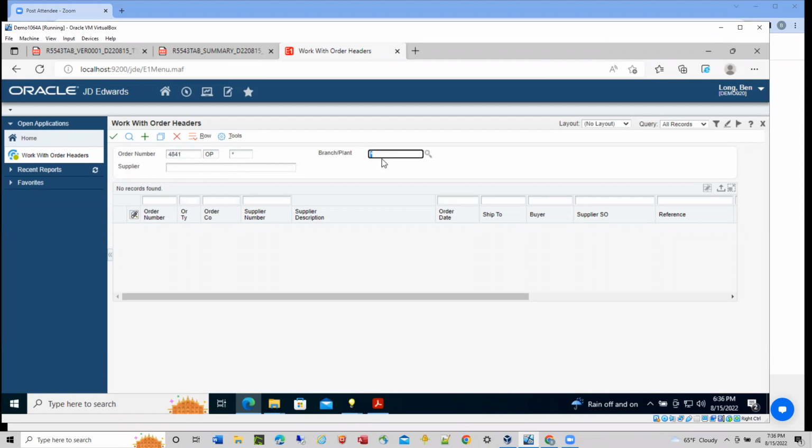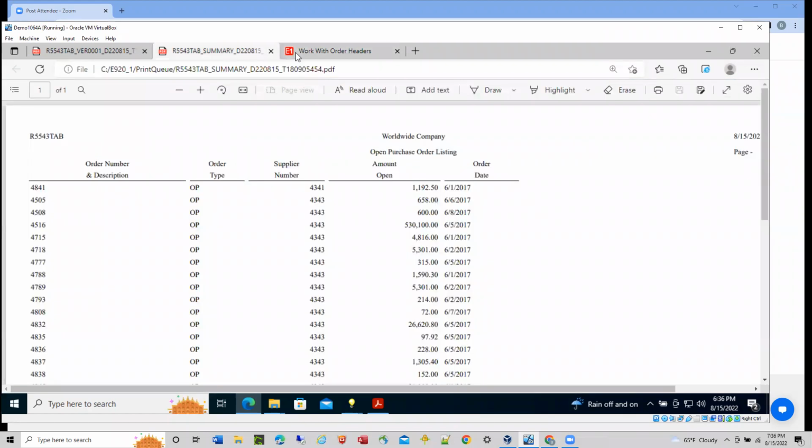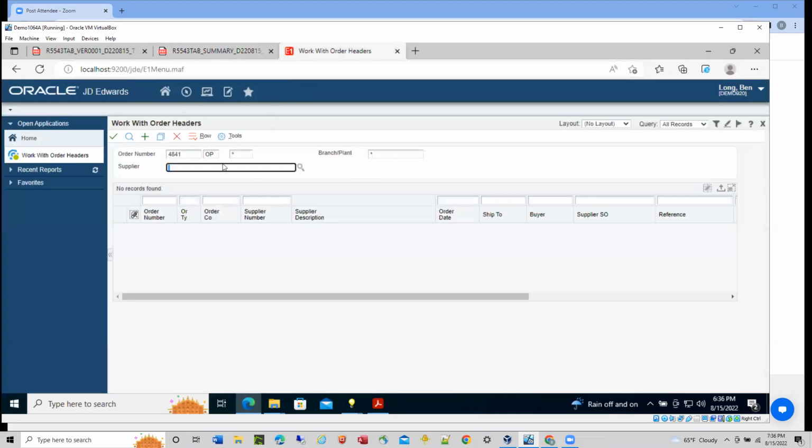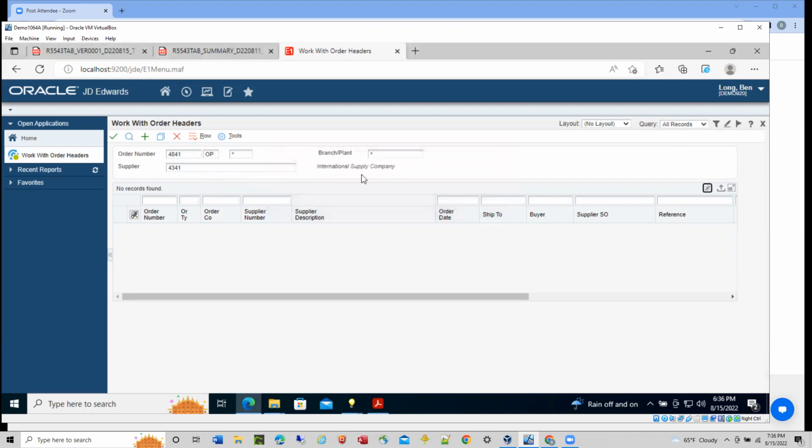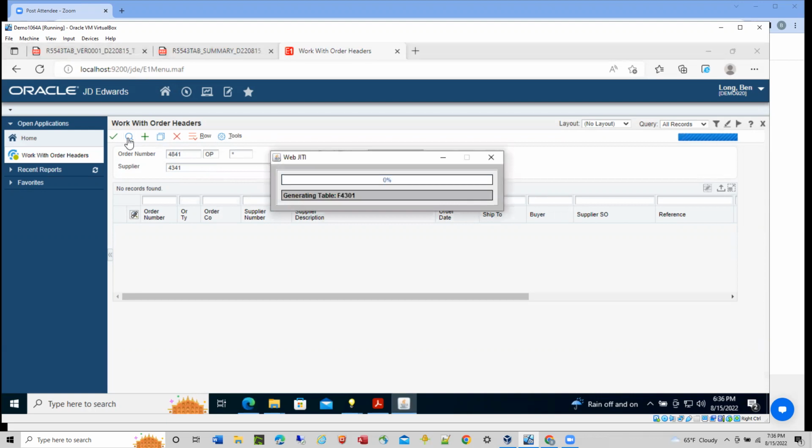I don't think we displayed what the branch plant was, but the supplier was 4341. If we tab it out, hopefully it'll show us who the supplier was. International Supply Company. If we do a find,